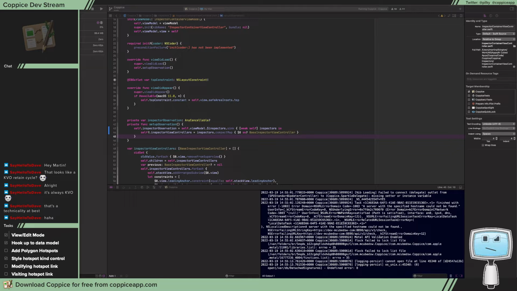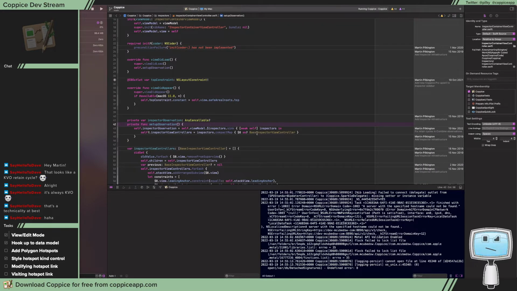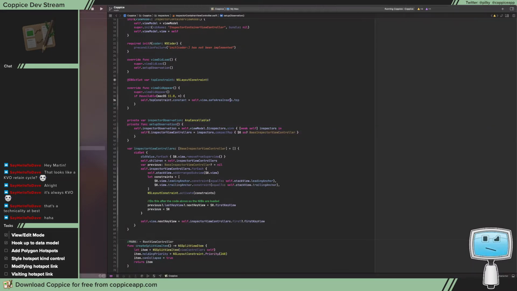Combine has its advantages, but KVO still has more than enough advantages for me to still use it all over the place. So, fix retain cycles in combine observation. Do that. And this is probably all because a lot of this stuff was done when I first learned combine, and I wasn't thinking, oh, you've got retain cycles and stuff there. So that has probably been in the app for a long time. Anyway,